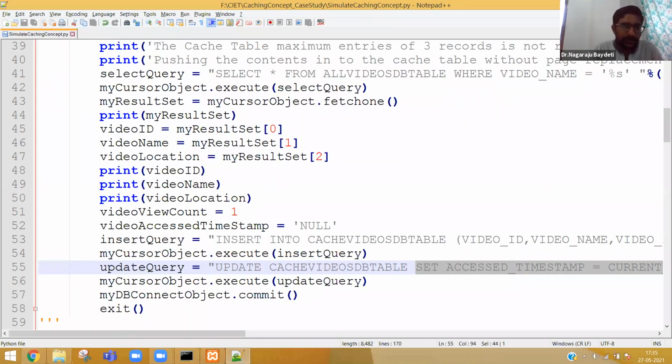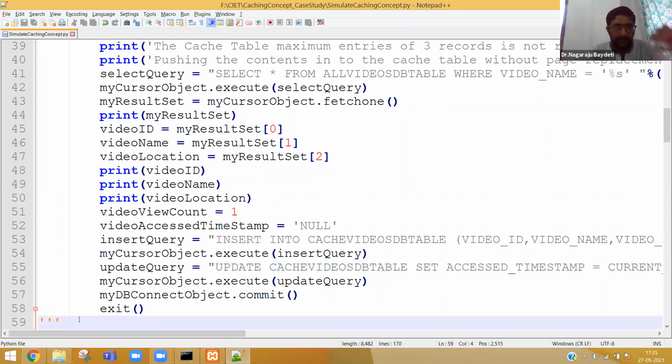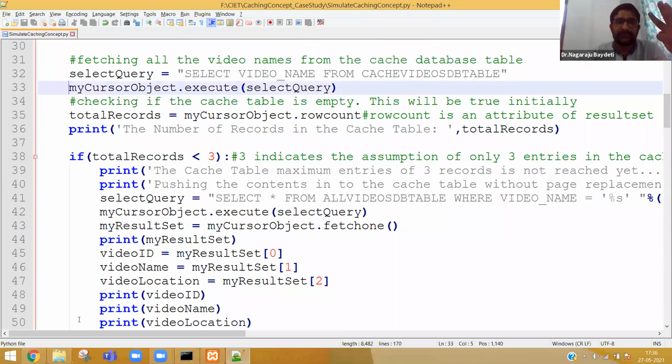So now let me execute line number 1 to line number 58. First time, second time, and third time, most likely the condition will become true 3 times. When will it become true? When the cache is empty, it will go. When the cache has 1 record also, it will go. When the cache has 2 records also, it will go. When the cache has 3 records, then the if will fail. That means it is the time when the refrigerator is full. That we will see from line number 59 onwards.